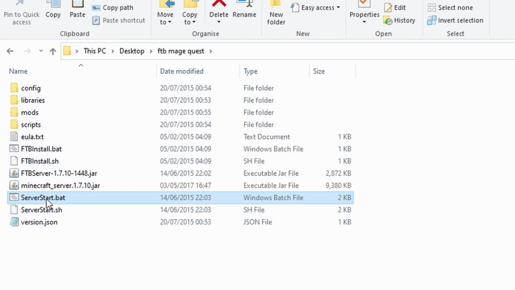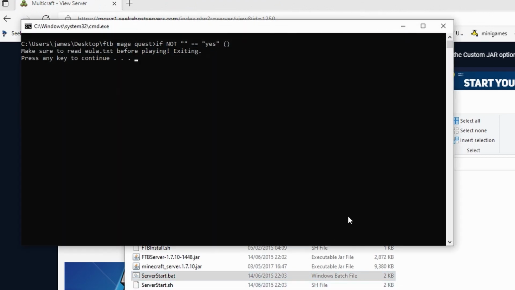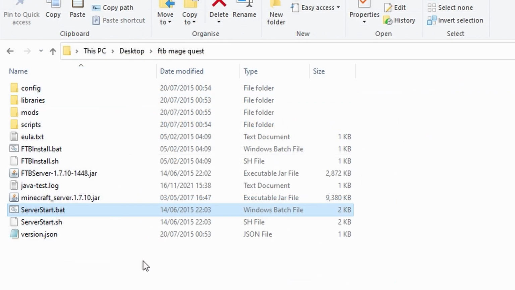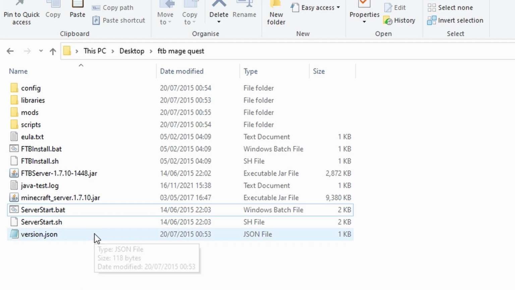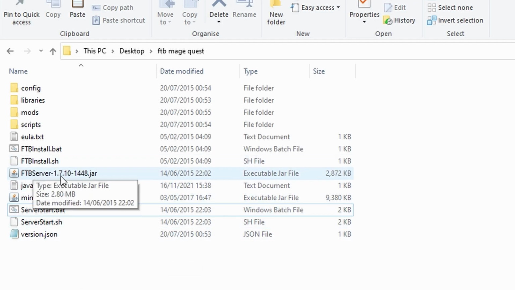Sometimes you have to do the server start bat. By that I mean you have to double click it and it will also do something. As you can see there, it didn't because the FTB install bat worked for that. That's all installed. It's accepted the EULA, so we have our little text document there, and this is now almost ready to be uploaded. Last thing that you need to do is just come back over to the top jar,